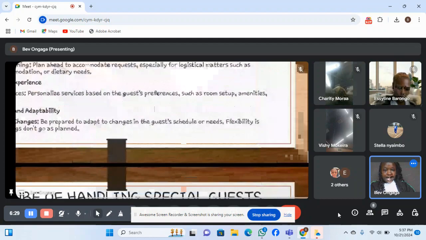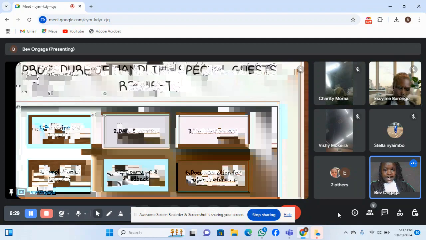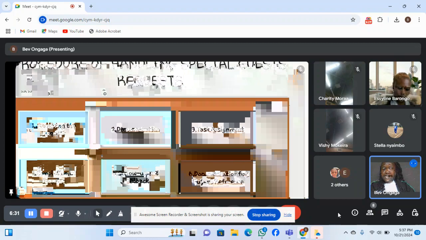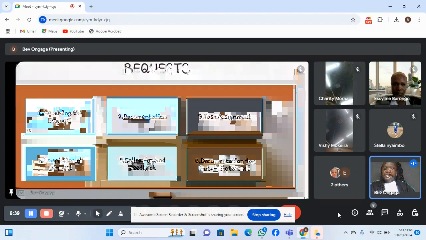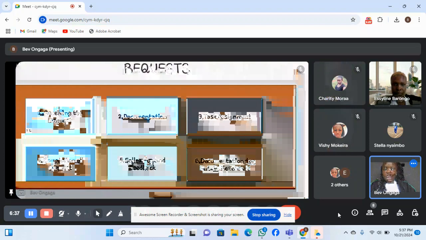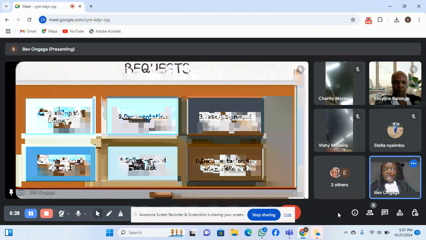And the first factor is timeliness and responsiveness. Proactive planning: plan ahead to accommodate requests. We look at how urgent the request is, and we also look at the flexibility and adaptability.